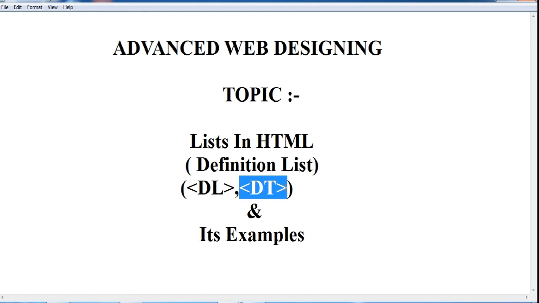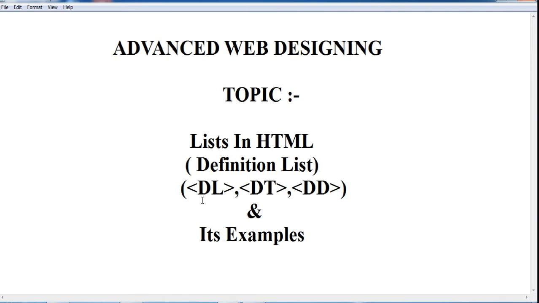If you want the definition of information technology, then you should write information technology in the DT tag, so that you can see that DT as the term of that point, and the definition of that point, that term, can be seen in DD tag.